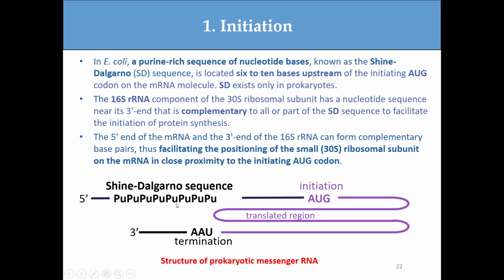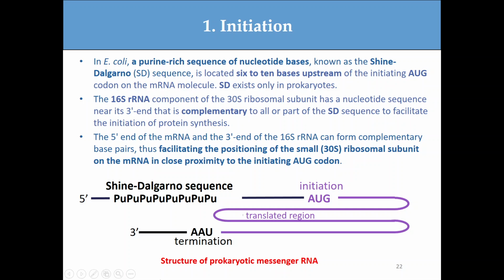In prokaryotes, we have the Shine-Dalgarno sequence, and the RNA has a sequence complementary to this Shine-Dalgarno sequence. As simple as this. Purine, purine, purine. This is a repetition of purines, right? So the 16S ribosomal RNA, as I indicated for you, the small subunit, will bind to this Shine-Dalgarno sequence,